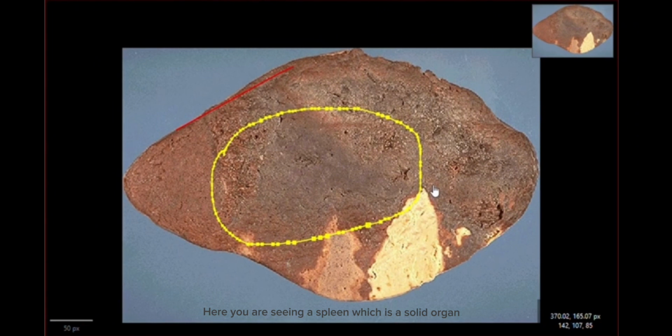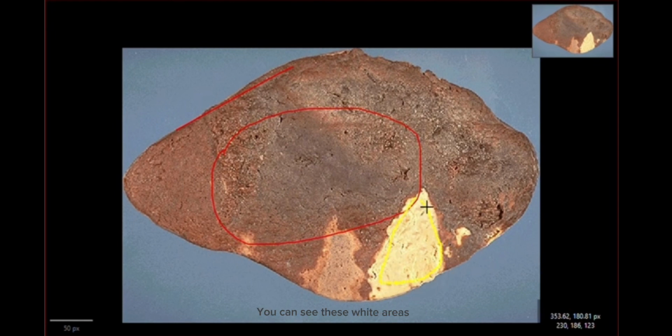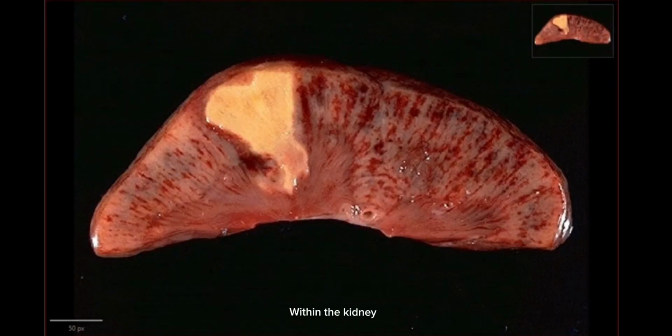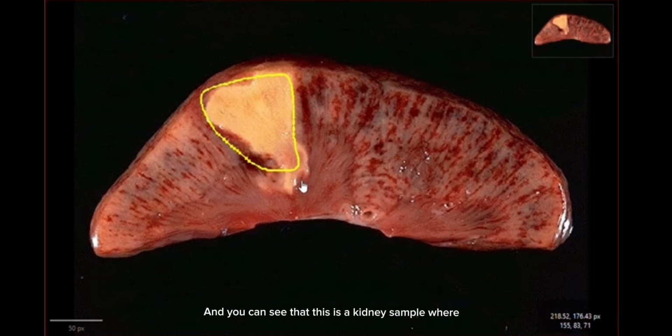So you're seeing a spleen, which is a solid organ. When necrosis occurs in the spleen, you can see these white areas. This is basically representing coagulative necrosis. Another very common example is the presence of a necrotic or infarcted area within a kidney. You can see this is a kidney sample where there is a whitish yellowish area which is representing infarction